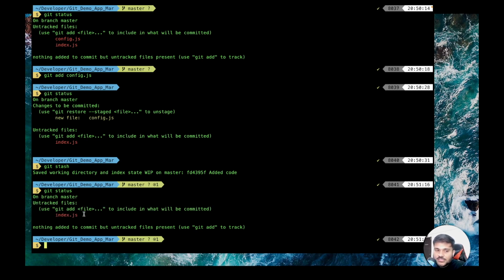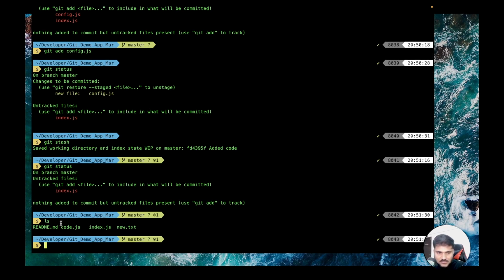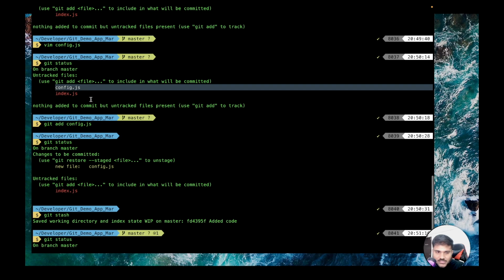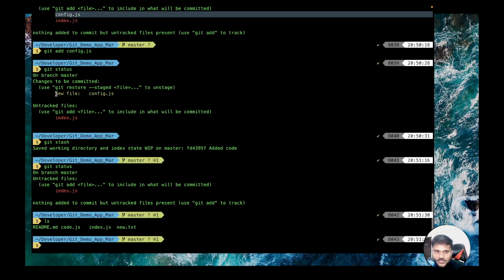Your config.js, if you do ls, is no more present. Your index.js, which was not getting tracked by Git, is still present there, but your config is not present now.